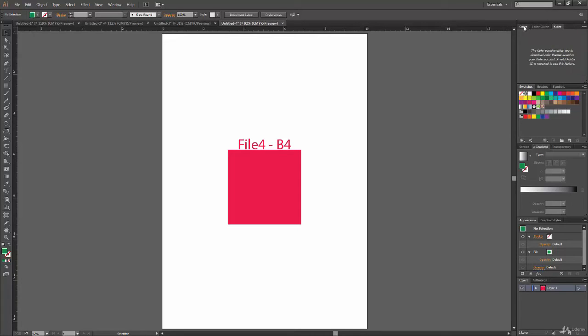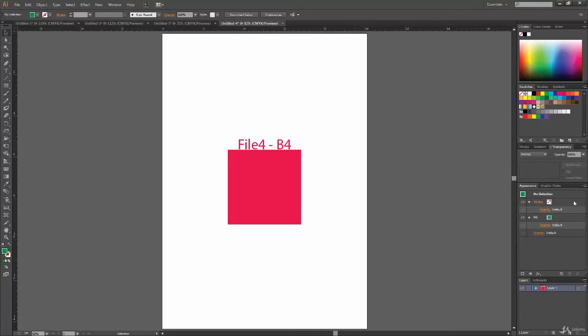These three panels are grouped together here, these three panels are grouped together here, and stroke, gradients, transparency are grouped together here, appearance and graphic styles are grouped together. Now you can change this entirely. You can change the grouping of panels, what panels you want to group together, or what panels you even want to see and what you don't want to see.